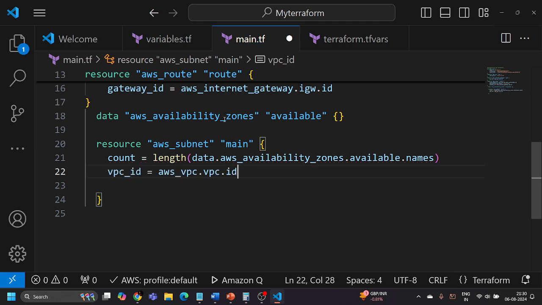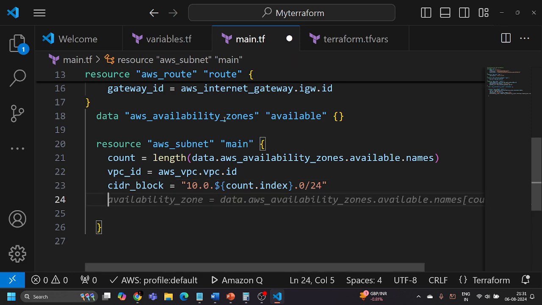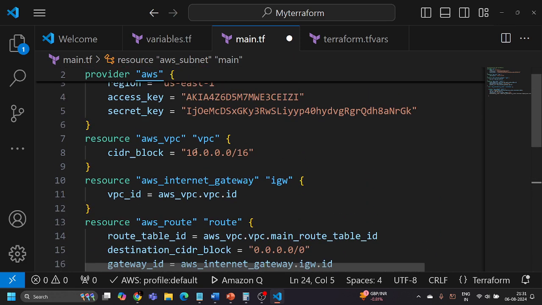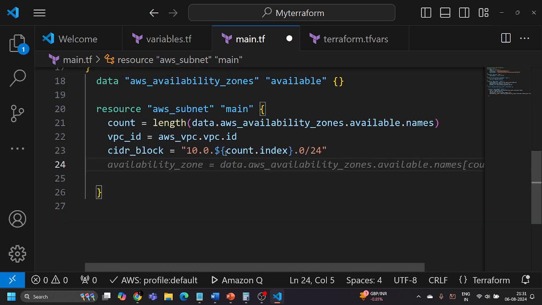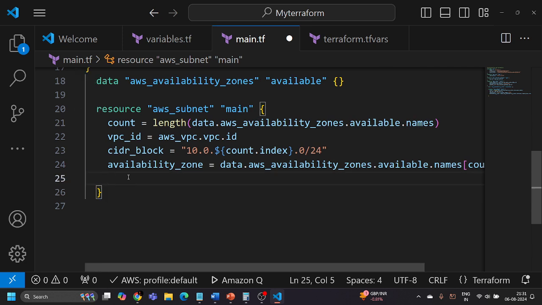The VPC ID should be the aws_vpc which we have created, and the CIDR range: from the CIDR range which we have given to the VPC as 10.0.0.0/16, from that we are giving 10.0.0.0/24 to this particular subnet, and the availability zone which we have already declared, that we have provided to this particular subnet. So in the same availability zone, this is going to be created over here. Let me just write element over here,